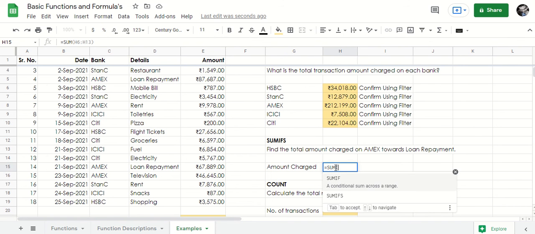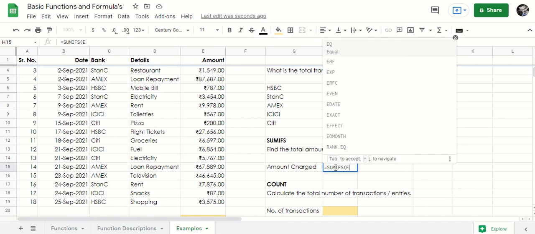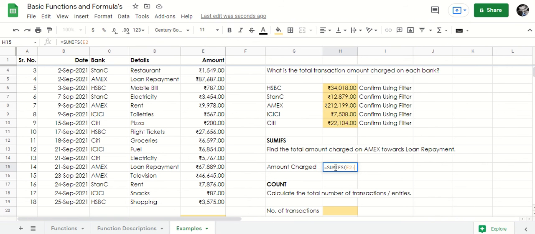So we will say SUMIFS, and now we will need to give the range for the total amount that we are looking at. It says find the total amount. So the total amount, the range is going to be from E2 to E19,